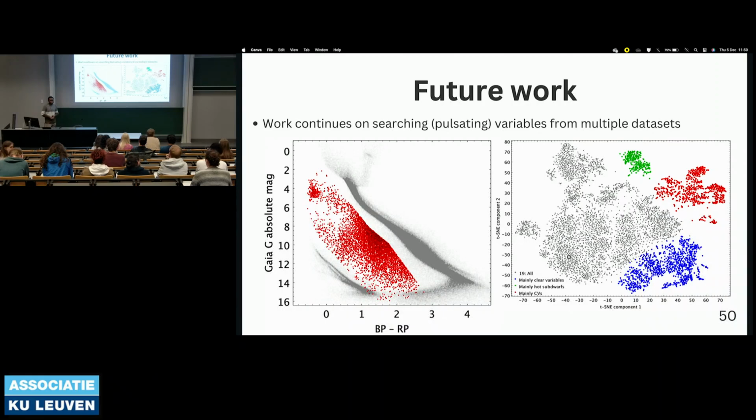I was wondering why exactly in this plot, for example, you're only interested in the sdB stars. Why do you include all the other stars here? You can already see from the top left corner that they're going to be there, right? Except maybe for a few, that would be very redundant. But